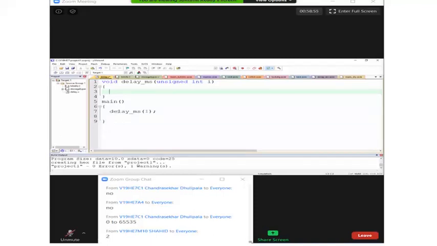Means somehow you have to engage the processor in this function for how long? 1 millisecond. Is it clear?